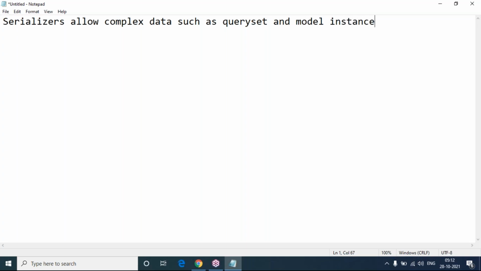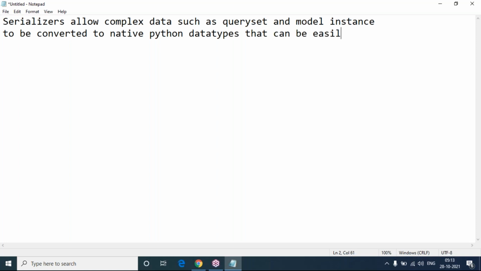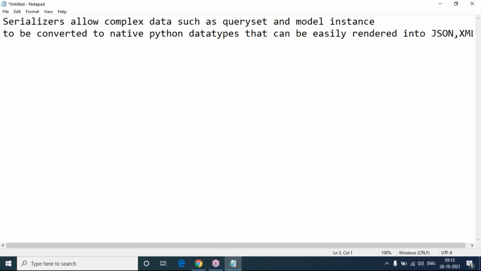Model instance means your database table object, to be converted to native Python data types that can be easily rendered into JSON or XML or other content types. So this definition I'm not going to create at all.